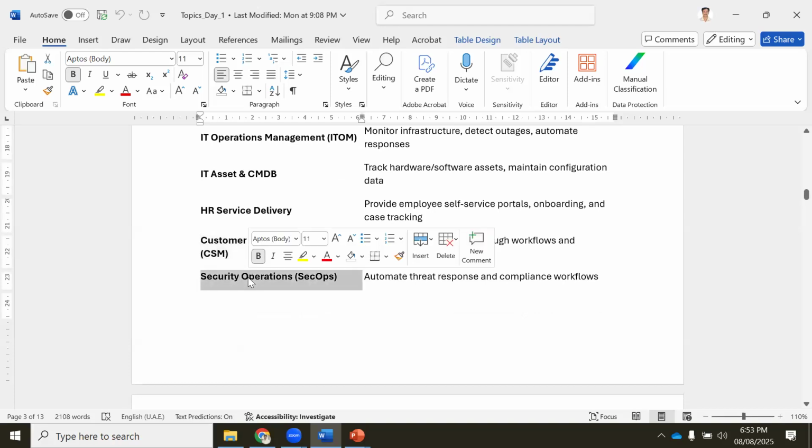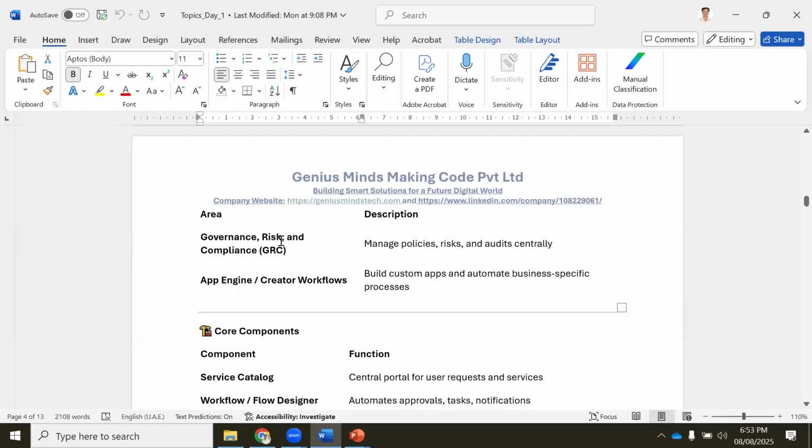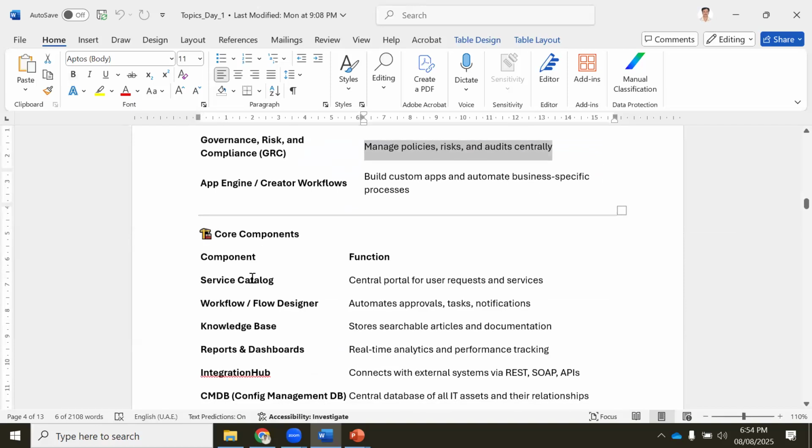SecOps, we discussed, is when somebody hacks your phone through WhatsApp after you sent a password to your mother or father. And GRC is when there is a risk you have to identify, and you track it through the GRC module. You do not need to go into much detail; just get what GRC is, that is all you need.